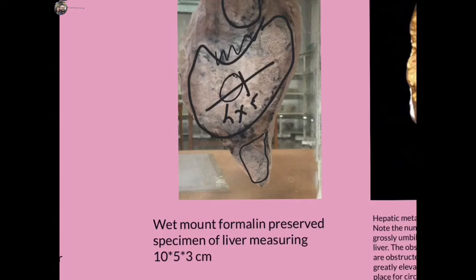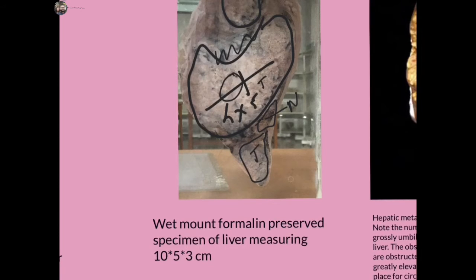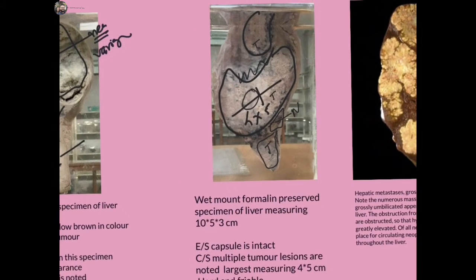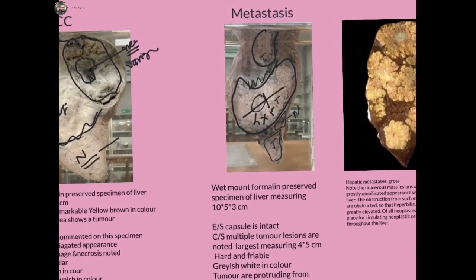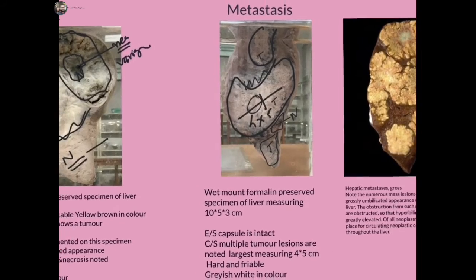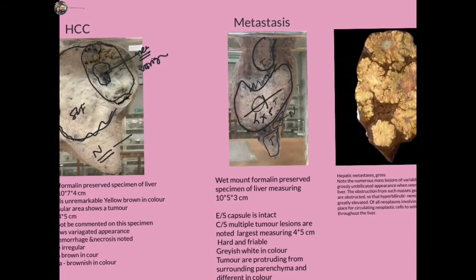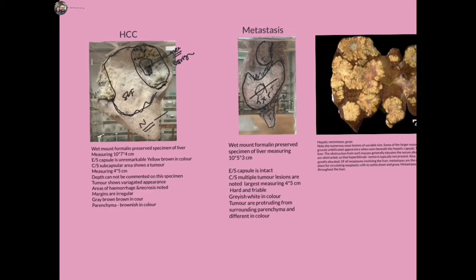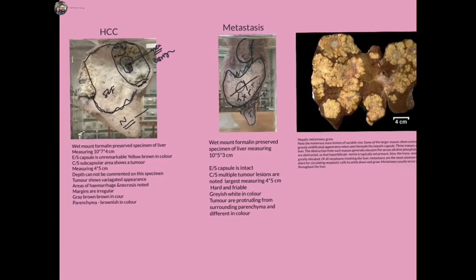So this is normal parenchyma, and this is again the tumor. This one is a tumor, this is another tumor, and here you can see the third tumor. So there are three tumors you can see in the same slice of the liver, and the normal parenchyma is compressed because of these tumors. So the important things are umbilication, irregular border, compressing the normal parenchyma, and multiple in number. These are the classical features of metastasis from other organs to the liver. So there are two specimens, hepatocellular carcinoma and metastasis.